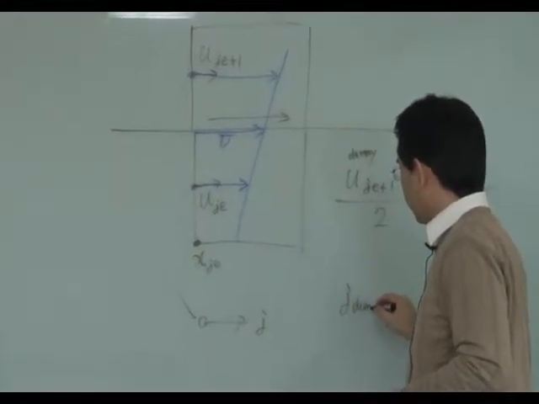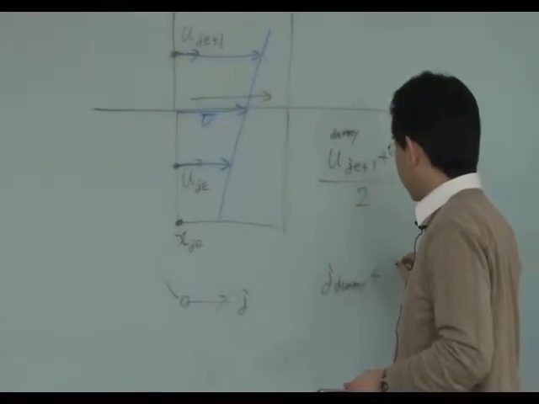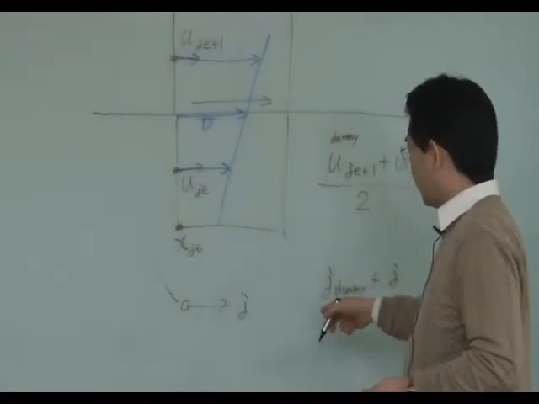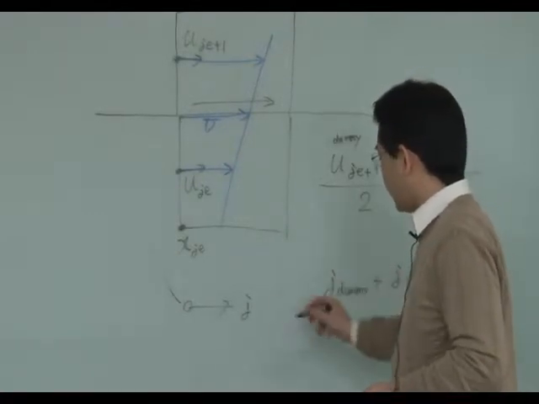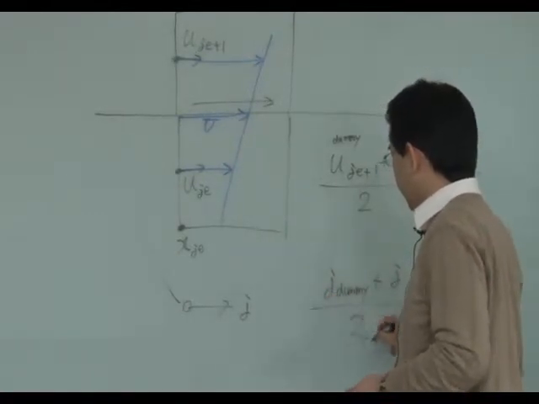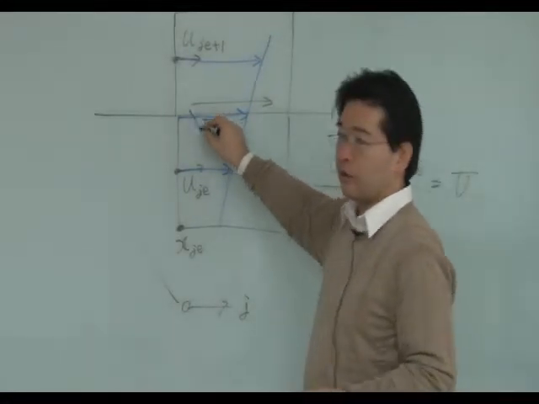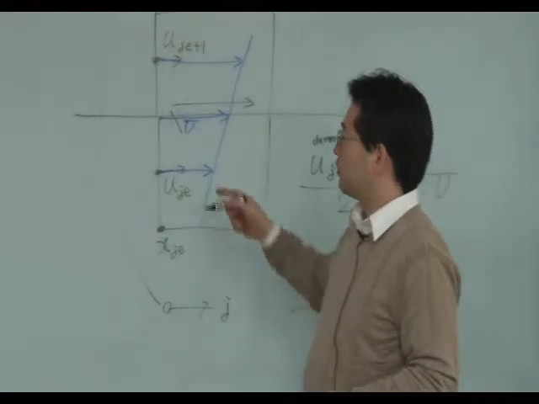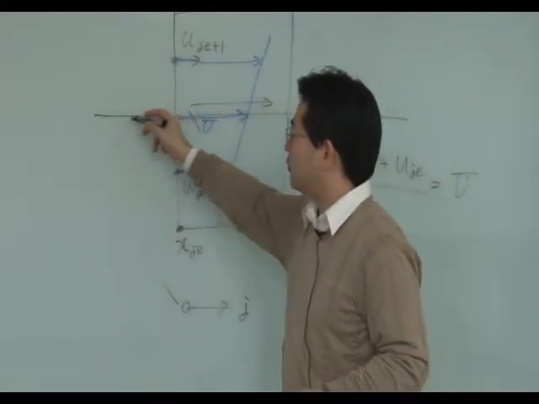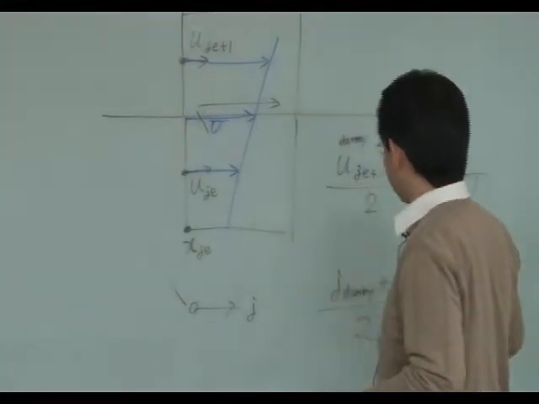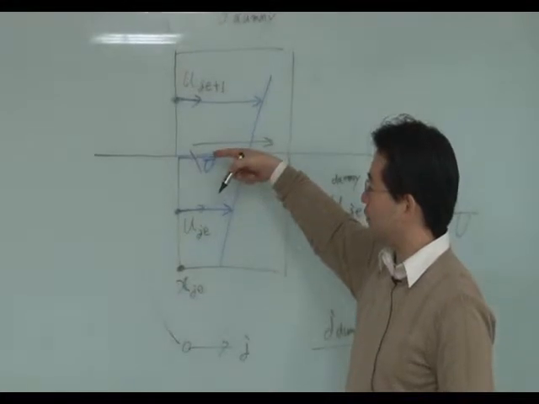The index of the dummy point and the actual point inside the boundary, its midpoint should be here. But you do not have an actual definition point on the moving surface. But you can consider the